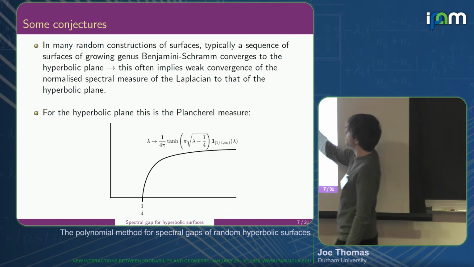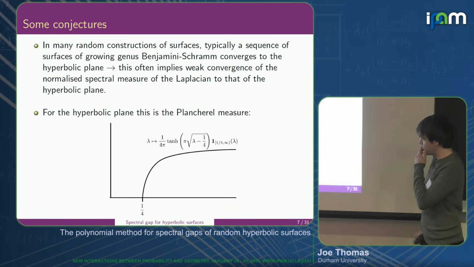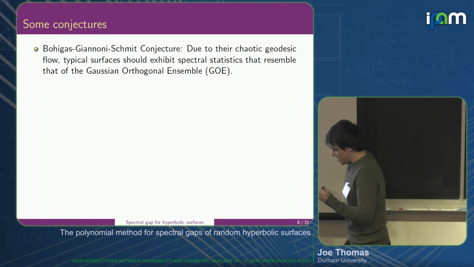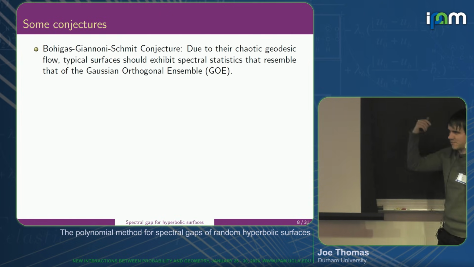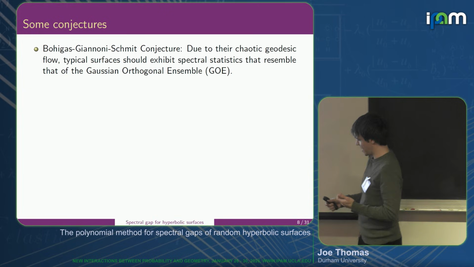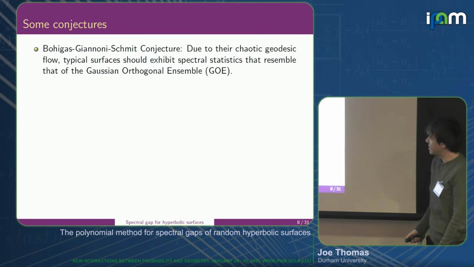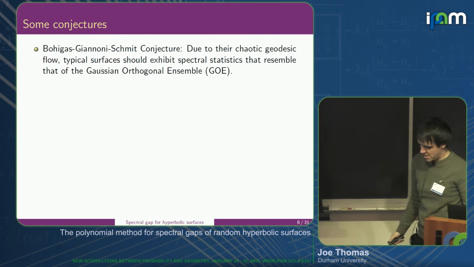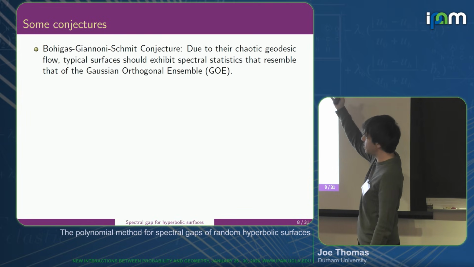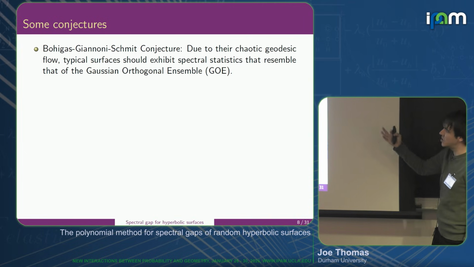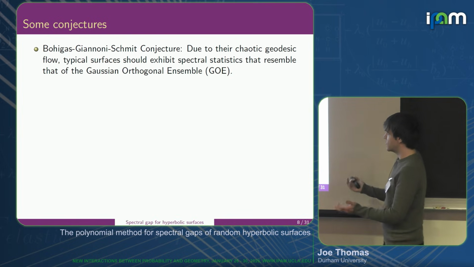But we can't deduce much from it, because you need something very quantitative to really deduce what's happening around 1/4. So now let me say some physics, which I know very little about, but the overarching thing that tells you a lot about what we should expect comes from the Bohigas-Giannoni-Schmit conjecture. I'm lying a little bit about what it's saying, but roughly, if I look at spaces where the geodesic flow is very chaotic, an example being these hyperbolic surfaces, and I look at the spectral statistics of the Laplacian, or some Schrödinger operator,